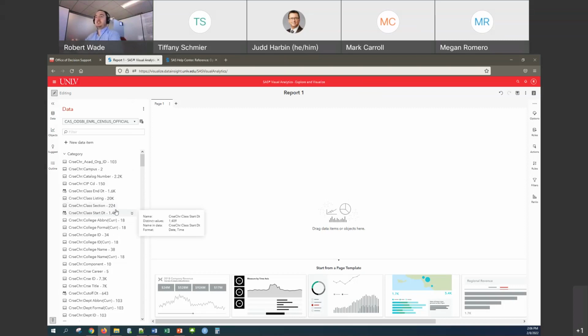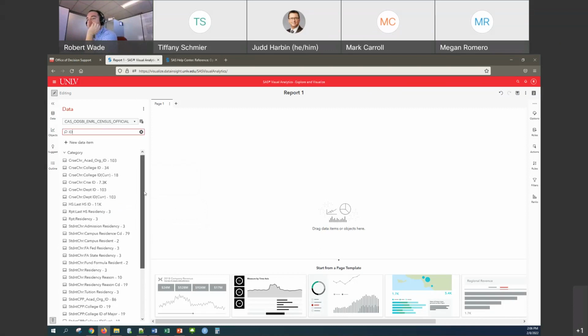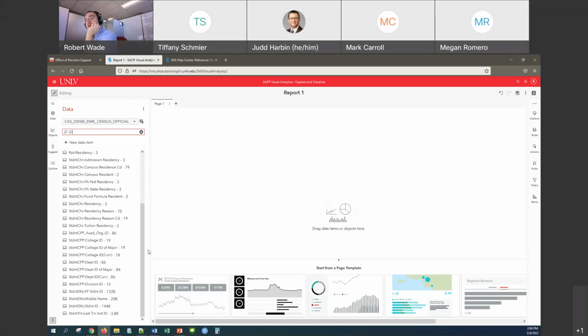Well, headcount is really just a distinct count of student IDs. So all you have to do is find the student ID field. To do that, if we click on this filter search, I'm just going to type in ID. I scroll down, I see this student details student ID field. If I right click on that,